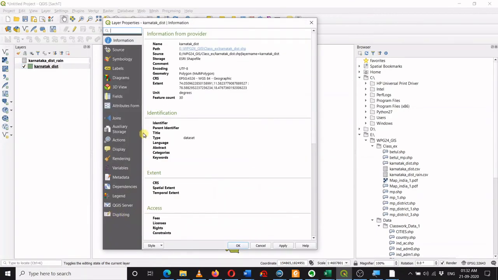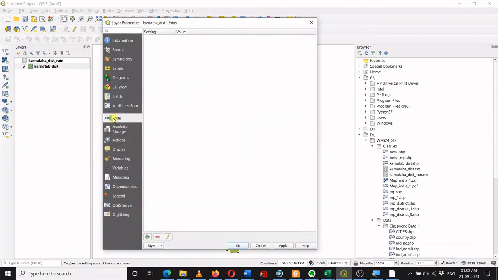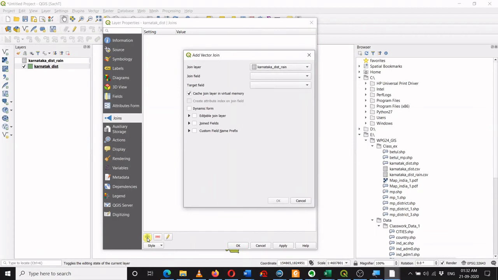I will say there's an option called join. Okay, I will add a layer, so I will say add new join. The add vector join window will appear. So it will say the join layer. I want to join this Karnataka district rain. This is the default file it has already picked up. So I want to join this layer